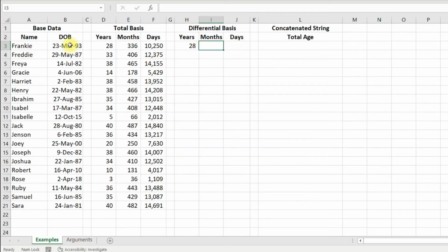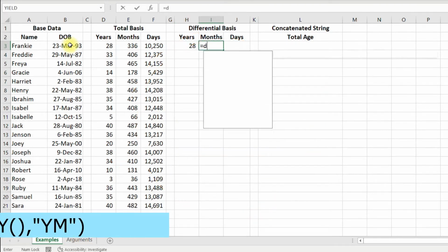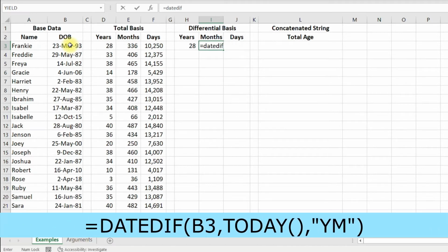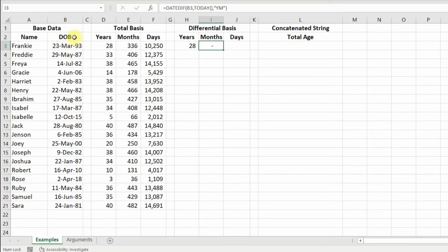For calculating differential months, equal to DATEDIF, start bracket, start date, then comma, TODAY, then comma, in the quotes type YM. YM means ignore Y and give me the result in M, close quotes, close bracket and press enter. My months are calculated as 0.